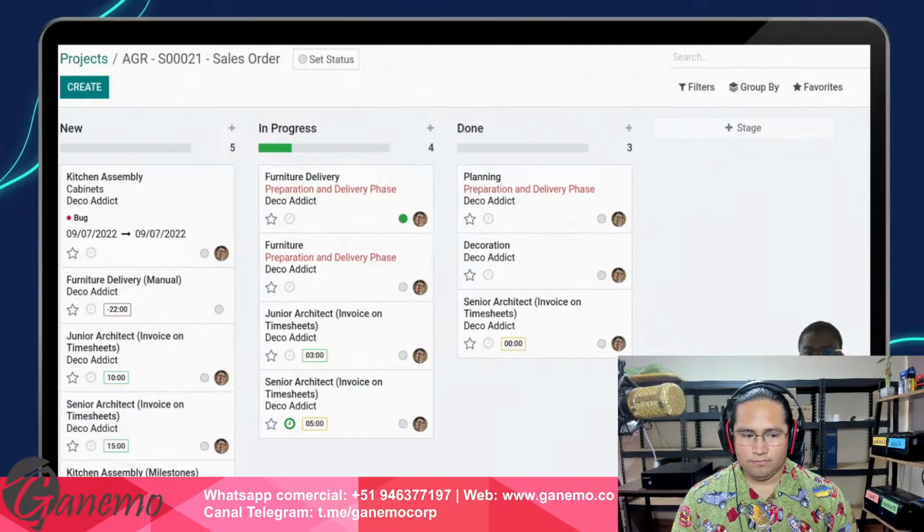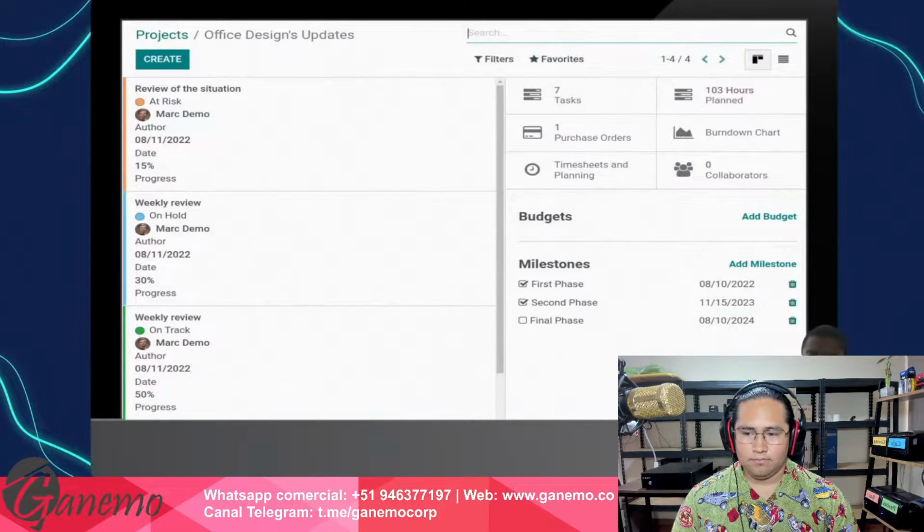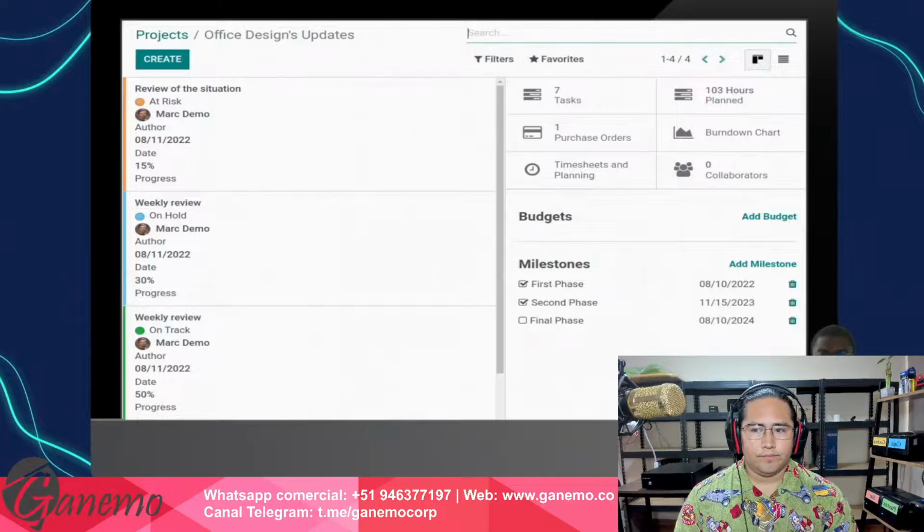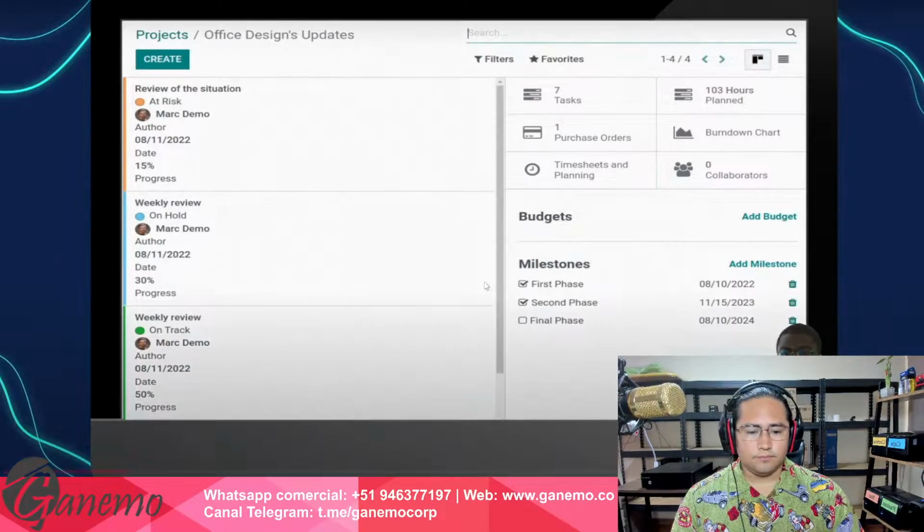The third view is for your director, which in one view can directly see, okay, is a project going well or not. On your left, you will have all the reports done by the project manager about his own project, saying, okay, this is my progress. This is also the different issues that I have. I might need your help, director. On your right, you will see every culmination of data on Odoo regarding that project, meaning that we can see everything that has been purchased regarding this project. We can see the numbers of hours that were planned.